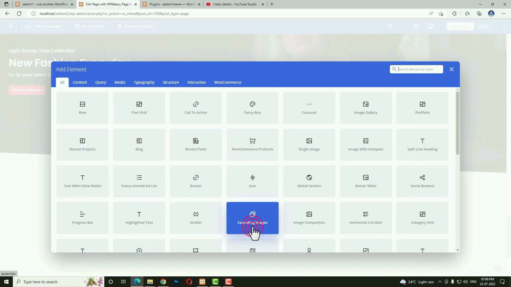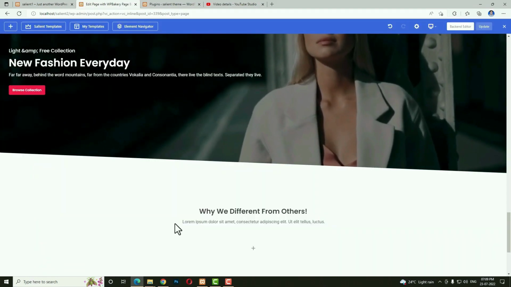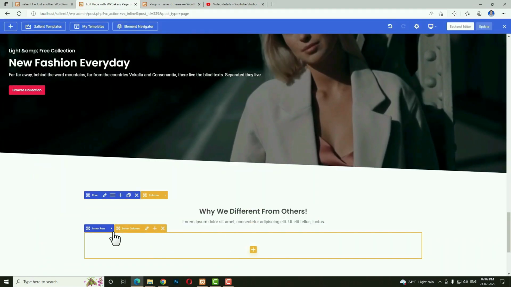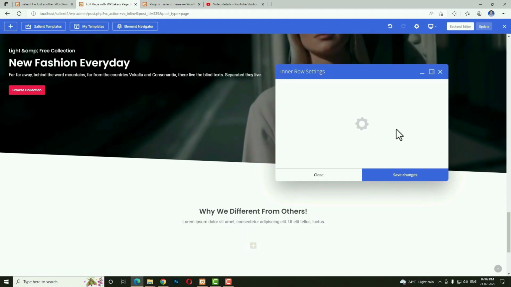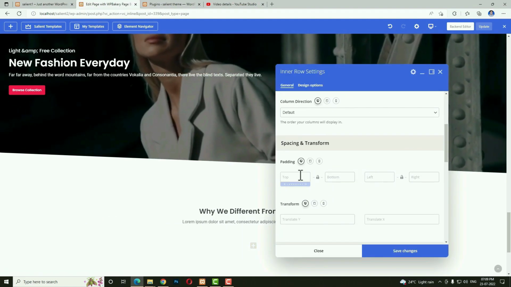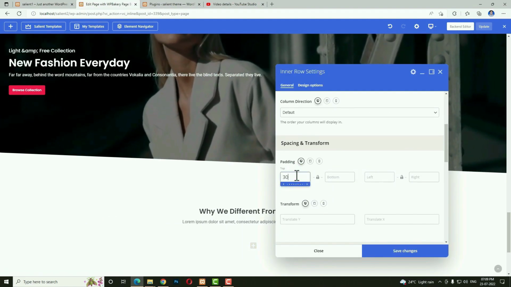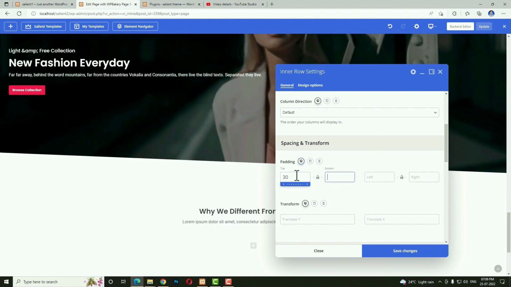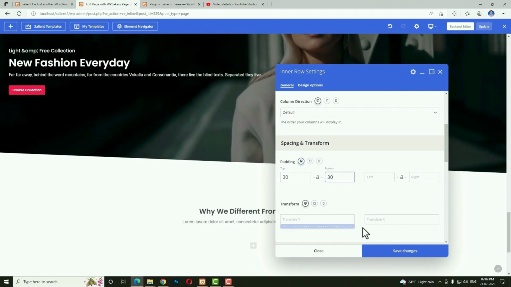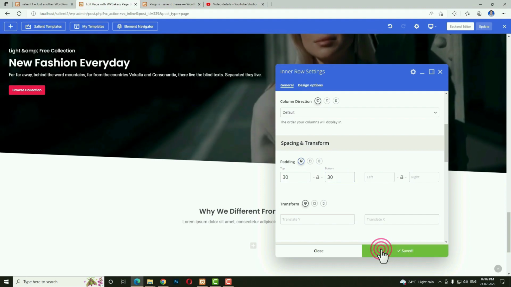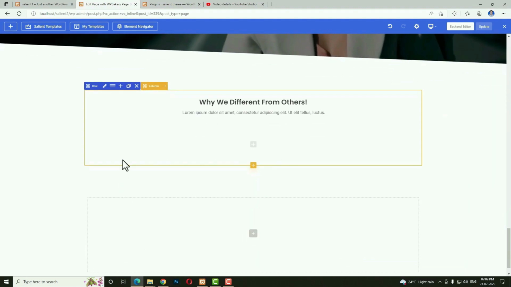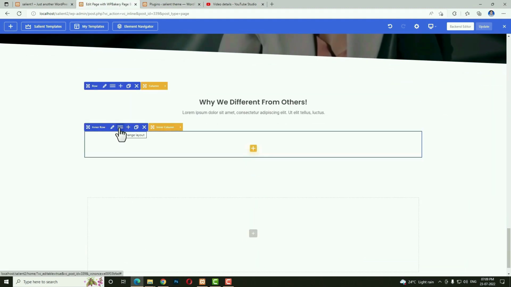Let me take another row. Next hover on that, and I have to click in this. Click in the edit option. Scroll down a little bit. Padding top I am taking 30, and padding bottom also I am taking 30. Next I have to click in the save changes. Let me close this. After that I have to click in this one, I mean change layout option, because in